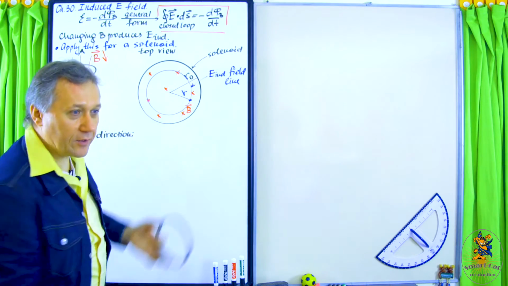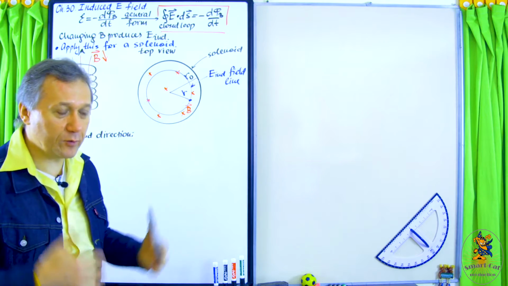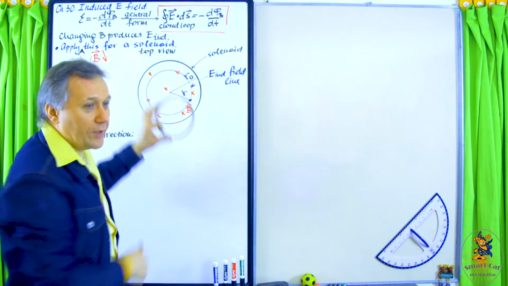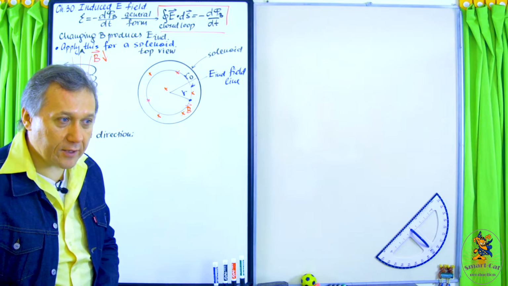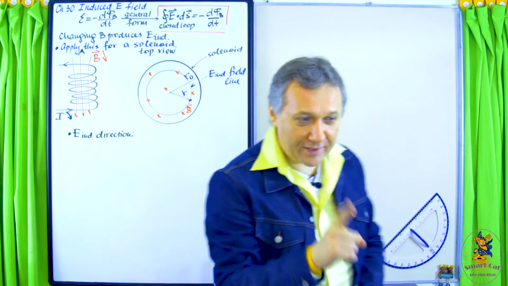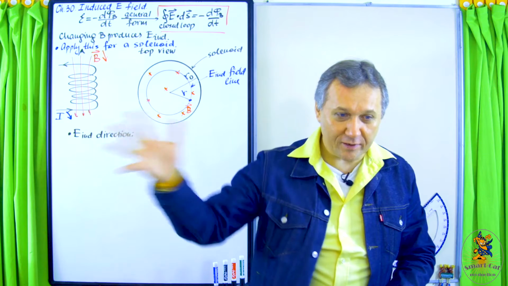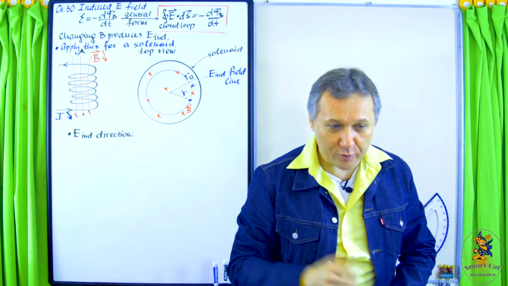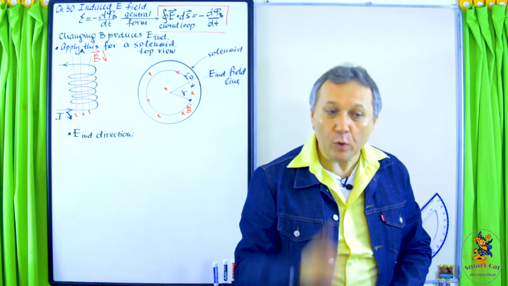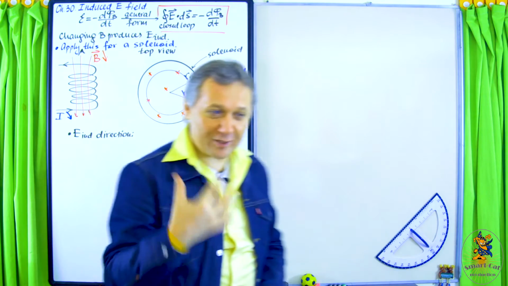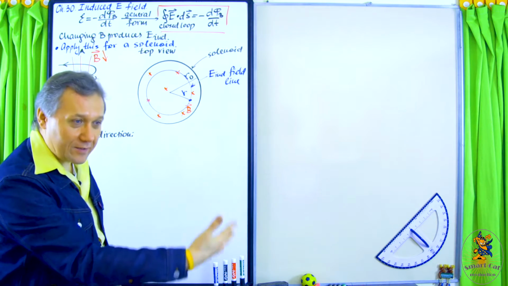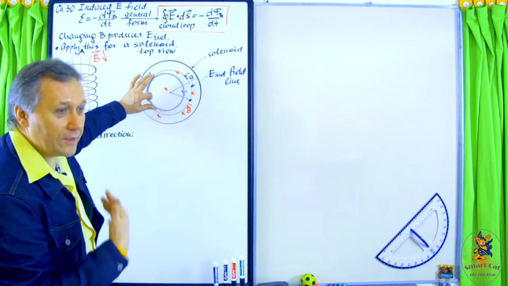It will start driving the current in such a direction so that the induced magnetic field will be in the same direction as the external magnetic field, right? And then apply the right-hand rule, and you will be able to get the correct direction of the induced current, and that is also the direction of the induced electric field, because the direction of the current and the direction of the electric field are the same, because you remember we have positive charges. Motion of positive charges gives us the direction of the current, right? So in this case, the direction of the induced current through this loop gives us the direction of the